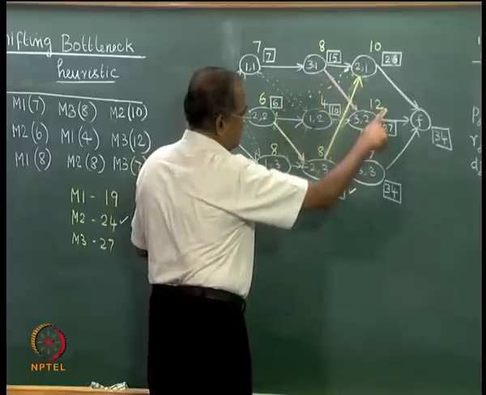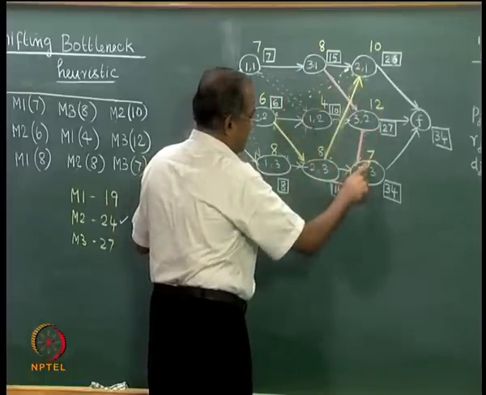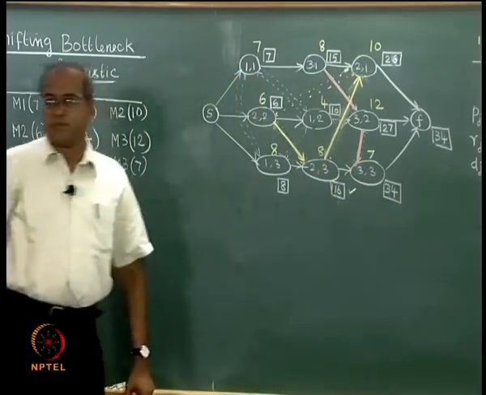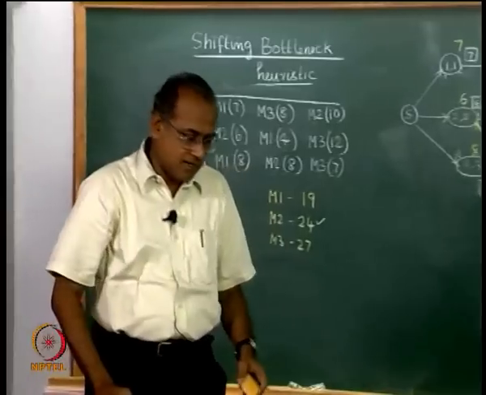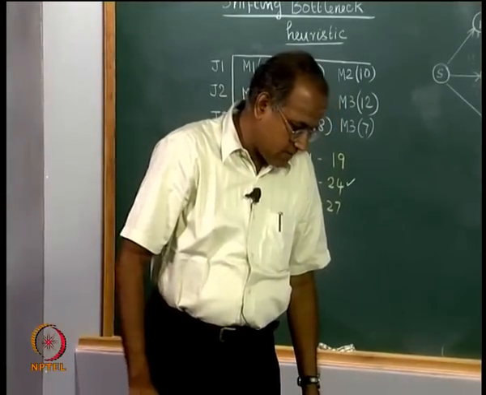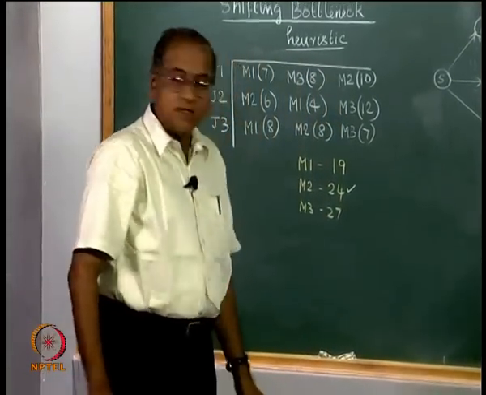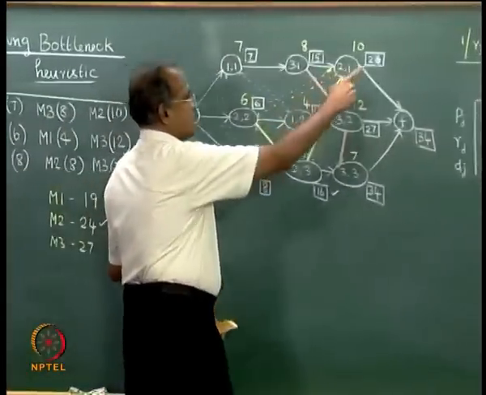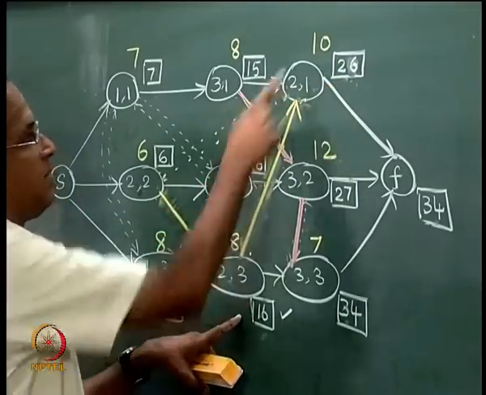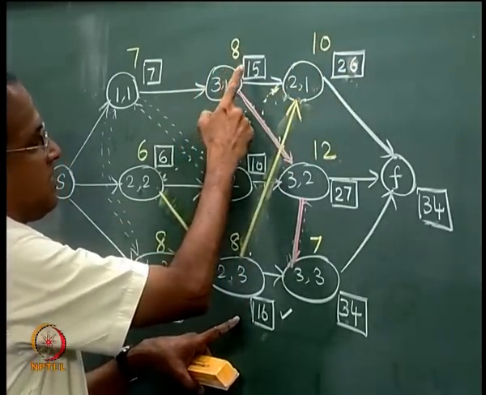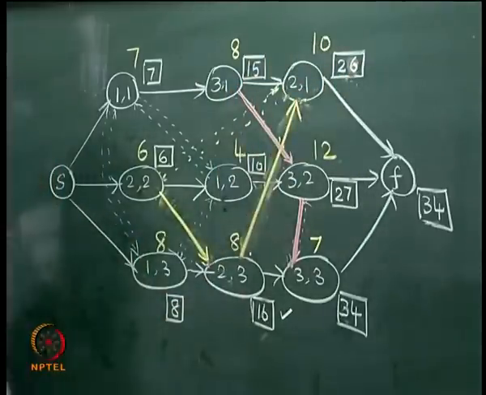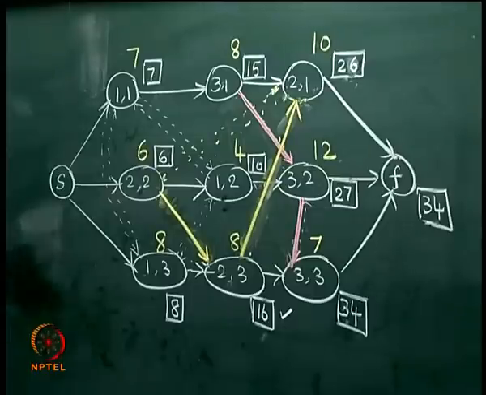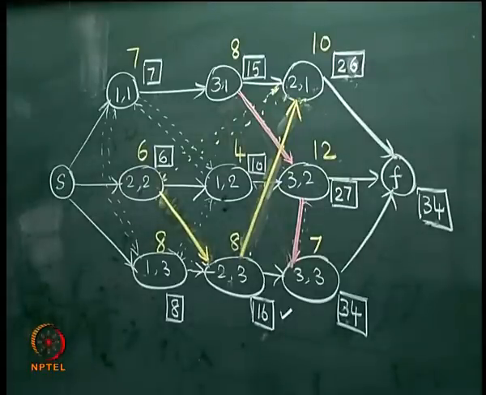Otherwise 15 plus 12 is 27, 27 plus 7 is 34, 16 plus 7 is 23, 34. So, the lower bound remains at 34 with this. The only change in the label is here, that this is 16 plus another 10, 26, whereas here it was 15 plus 10, 25 earlier. So, the lower bound does not change with the inclusion of these 2 arcs, but only one of the node